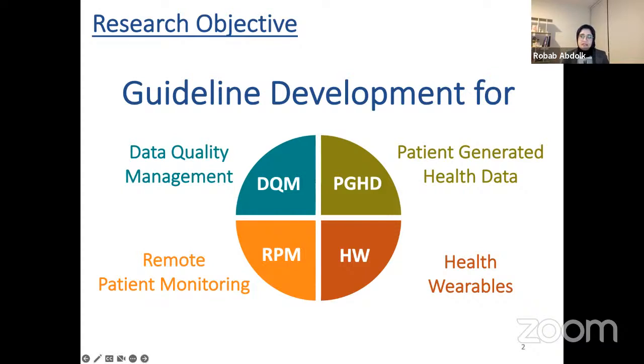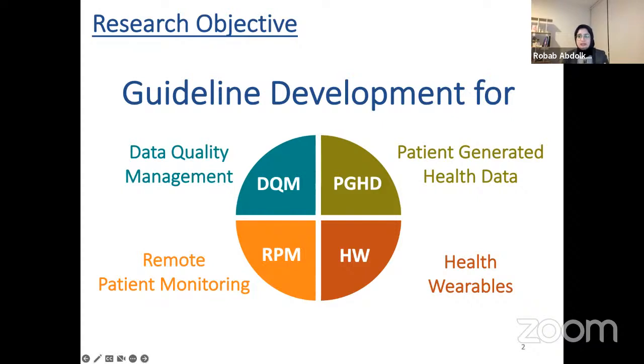In this session, I won't talk about how to measure the accuracy of algorithms embedded in the wearable design or how to develop a wearable platform. Rather, it focused on data quality management concept from health information management perspective, which means looking at data quality across all data management stages from collection to use for decision making.